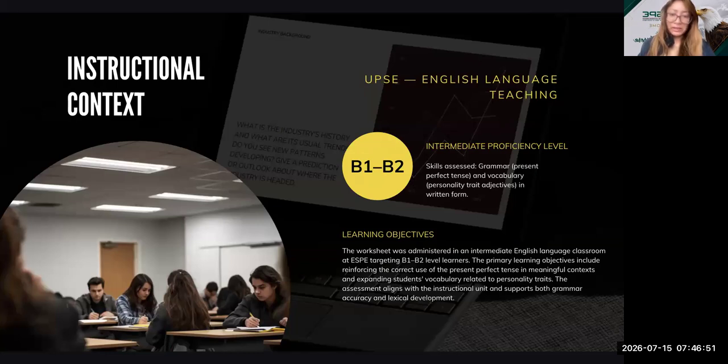The learning objective of this worksheet is to emphasize and reinforce the correct use of the present perfect in different contexts and expand students' vocabulary related to personality traits. The assessment aligns with the instructional unit according to the institution's alignment for review and assessment for grammar accuracy